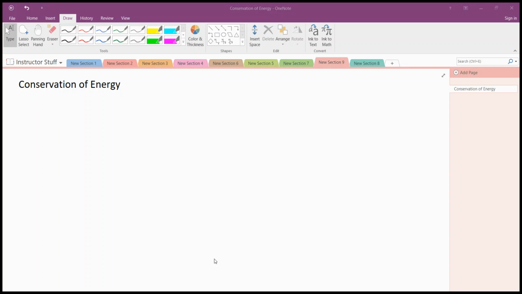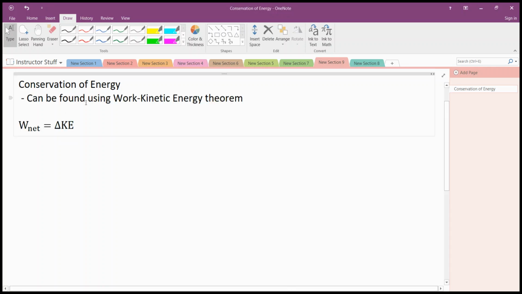Let's talk about conservation of energy. Conservation of energy is a fundamental principle of physics. However, you can see it using the work kinetic energy theorem. You may recall that the work kinetic energy theorem says that the net work done is equal to the change